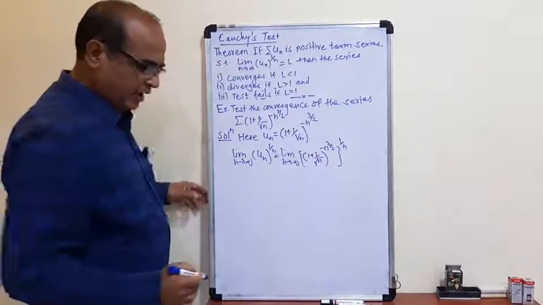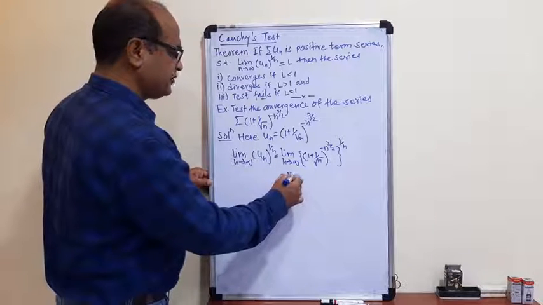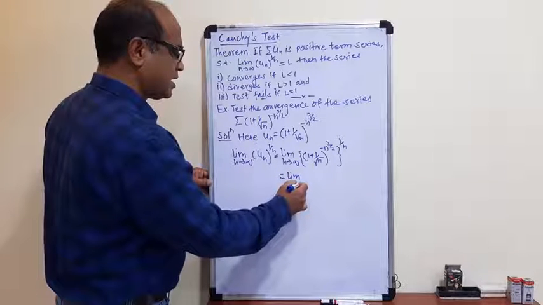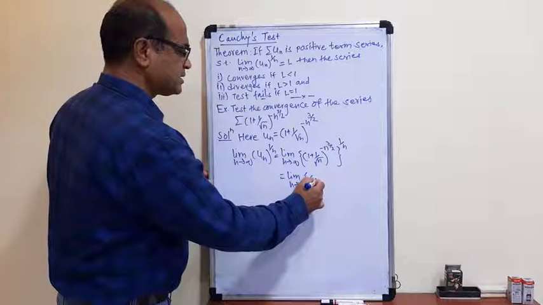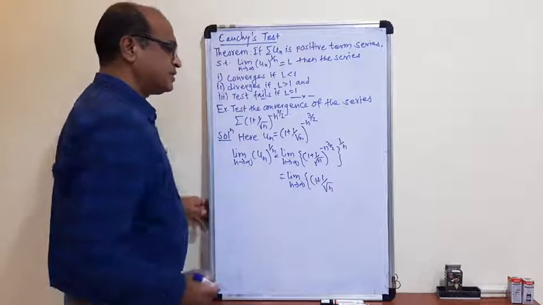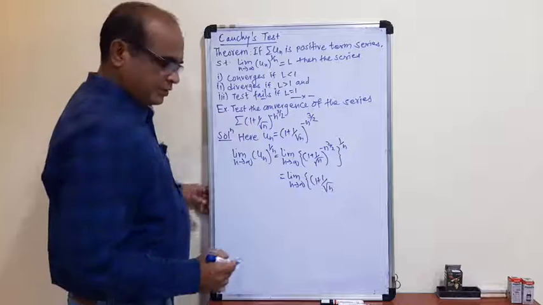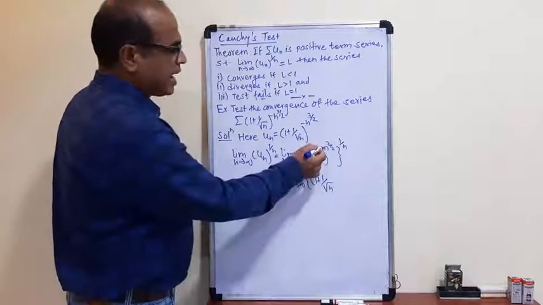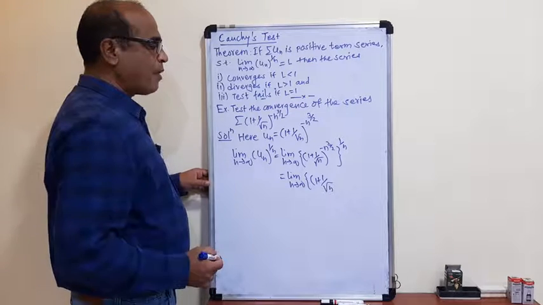Therefore, the limit as n tends to infinity of 1 plus 1 upon root n,